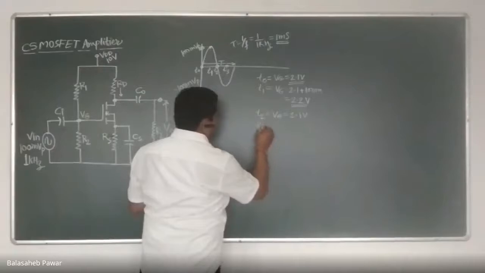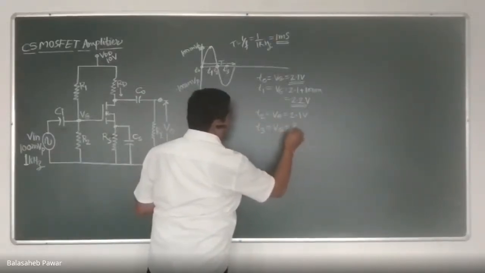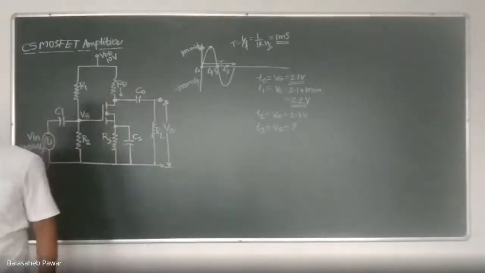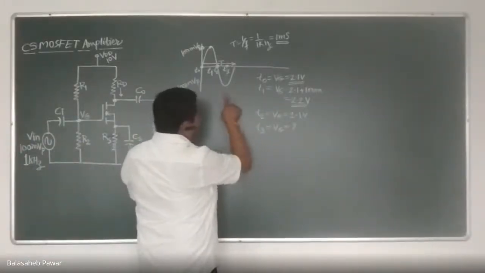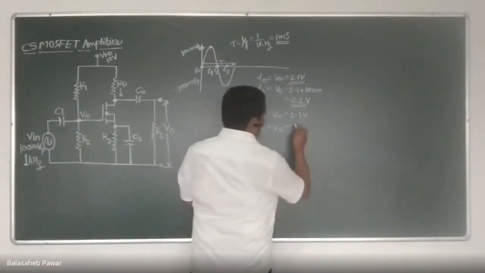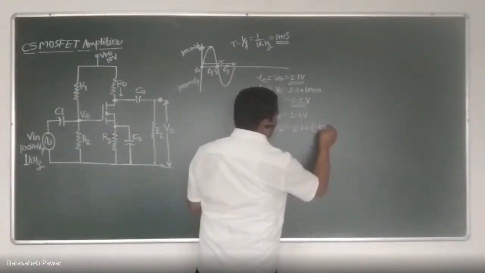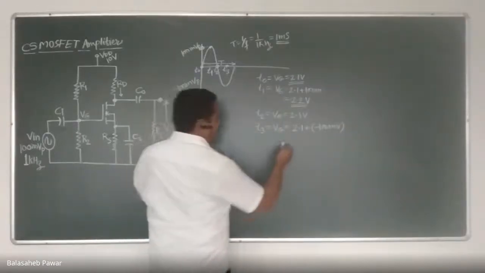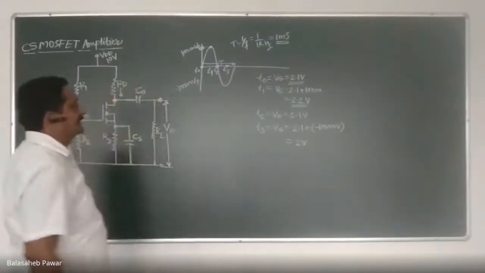Now the question is, at T equals T3, how much will be the value of this VG? Just write. 2 volt. Yes, very nice. Because at T equals T3, our node voltage is fixed at 2.1 by that voltage divider plus how much? Minus 100 milli. And that's why the answer will be equal to 2 volts. Correct?